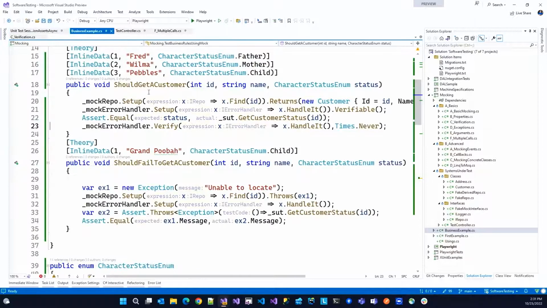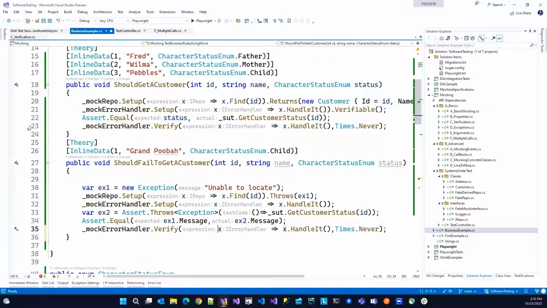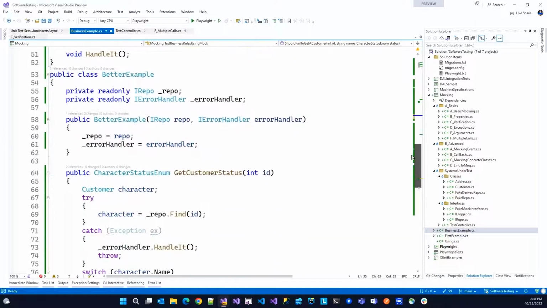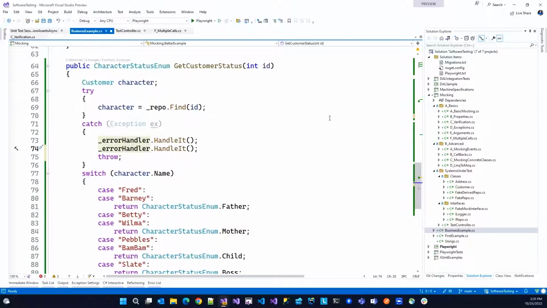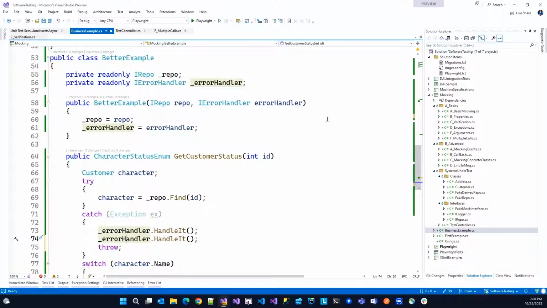Now, where the times comes in handy is, we got all these great refactoring tools in Visual Studio, and sometimes it gets a little crazy, as we've seen. So let's say that we want to make sure it only handles the error once, but I inadvertently down here duplicate it. It's not going to affect the return value, because I'm still returning an exception. But maybe that's an expensive call. Maybe that's writing to disk and it's writing to SQL Server. And it's doing a whole bunch of different logging and sending emails. We don't want to do it twice, so we want to verify it only happens once.